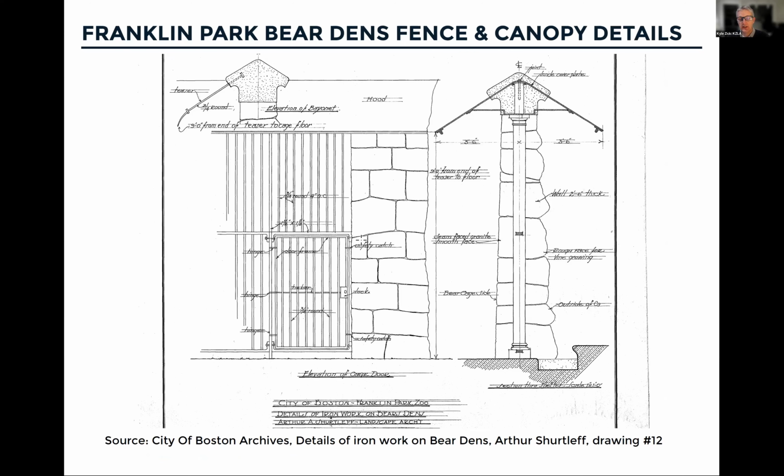We're fortunate to have more detailed drawings from the original design. These are cross sections showing the construction of the granite walls and how they wanted a refined, smoother face on the inside of the enclosures, and then more rough to grow vines on the outside. And that there were these metal posts and a metal cap on the fencing. That was a safety feature to keep bears in and people out, or the reverse, depending on your perspective.